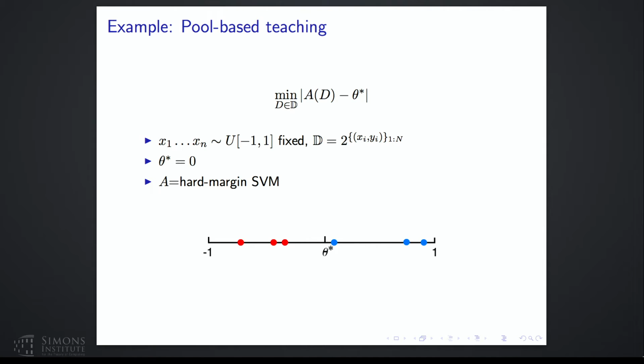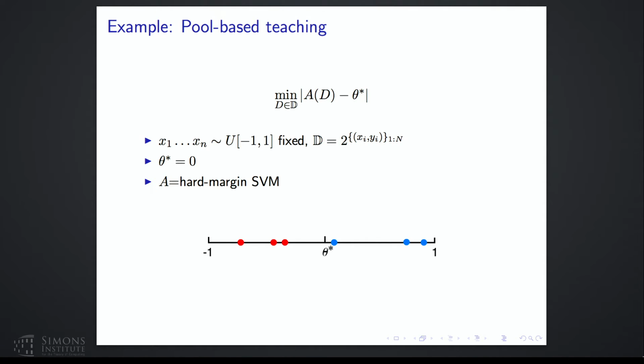Okay, so just to show you one example where we slightly extend this. This is a case where the teacher is restricted to teach using a pool of items. These items are fixed and given beforehand. In particular, we're going to revisit the previous classification task, but now let's say it's -1 to 1 and theta star is right at 0. Let the pool be n uniform items from -1 to 1. So the teacher must pick from that subset.